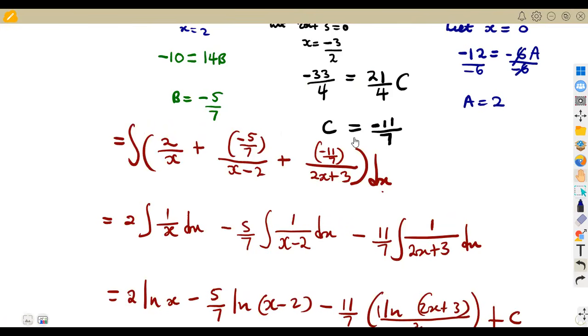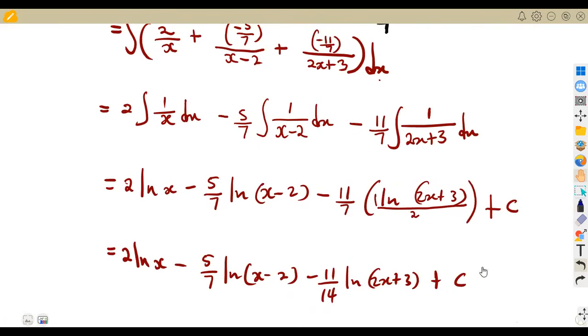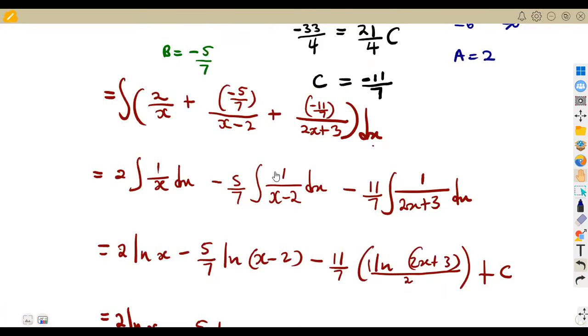Are you having these three terms in your final answer with the constant of integration? If they are there with the signs as they are, then your answer is very, very correct. All right, so that is how we're supposed to work out